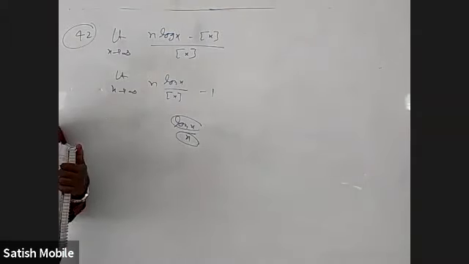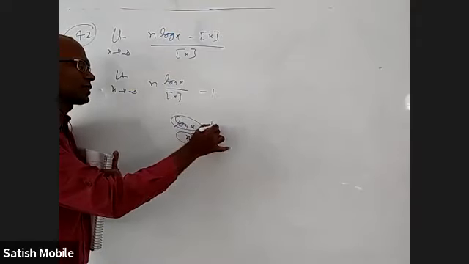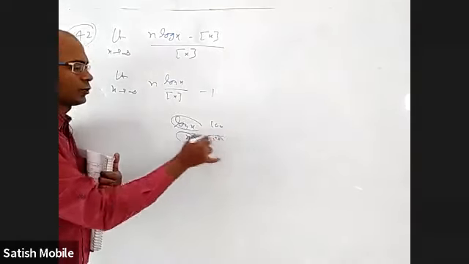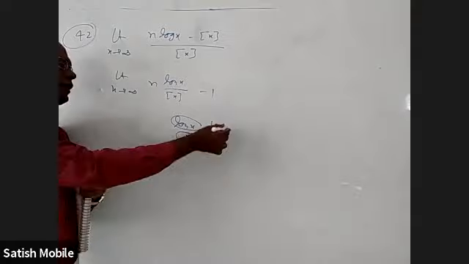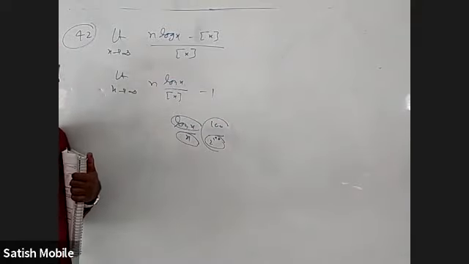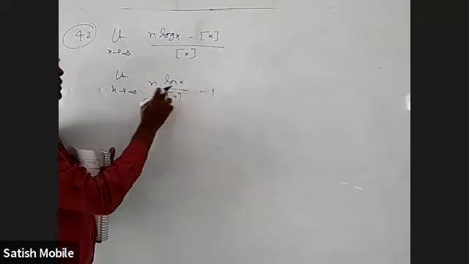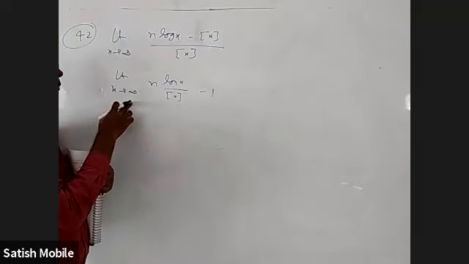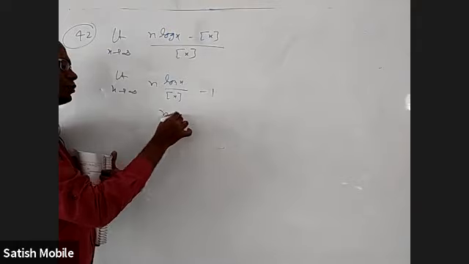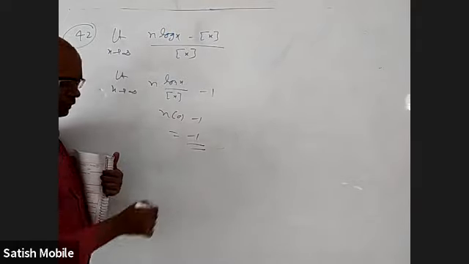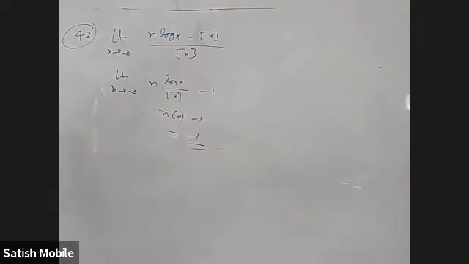I gave the example of 2 power 100. If we take 2 power 100, this is roughly 100, this is 2 power 100, and 2 power 100 is a very, very big number. When I express it, it will be 0.000, so many zeros. Okay, so this is tending to 0. x or integer part of x, not a big difference for very large numbers. This is tending to n into 0 minus 1, it is minus 1. This is also key change. Answer should be A. 42.